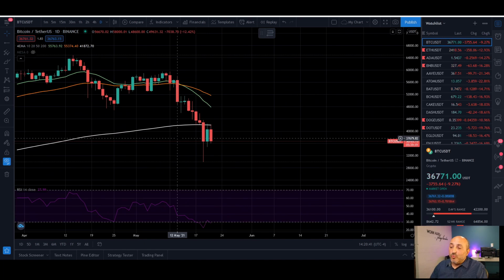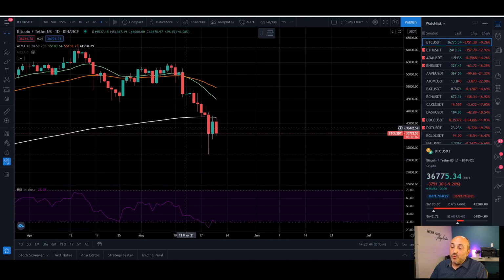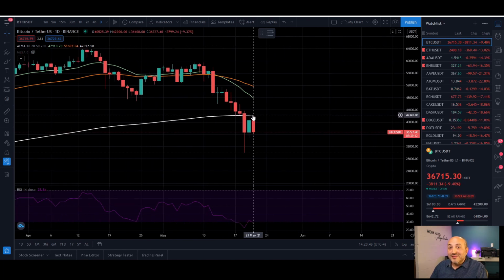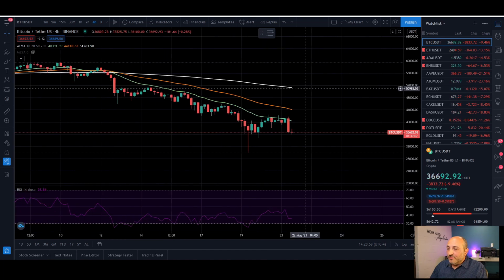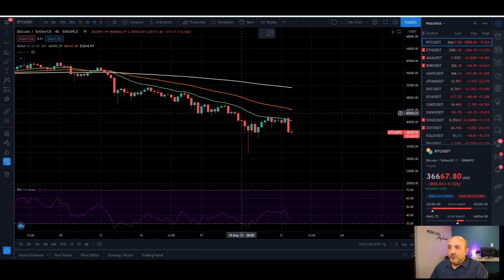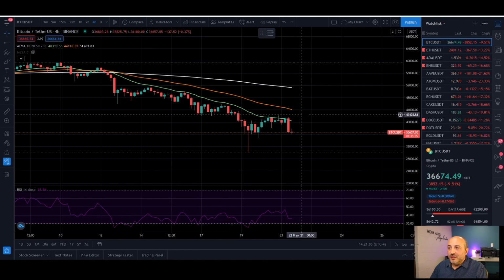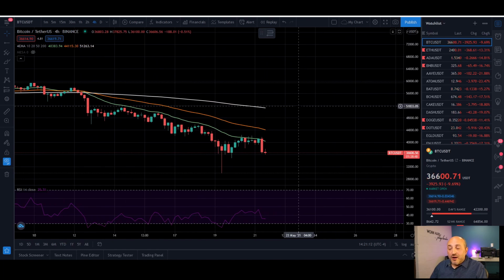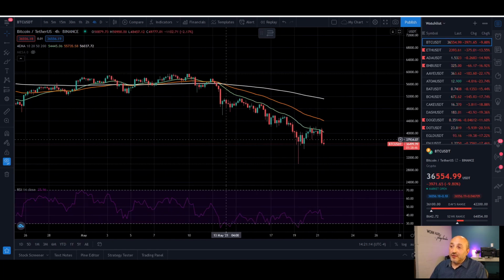So at this point, we need to wait to see what's going on with Bitcoin. What we're looking for is to have the price closing above the $42,000, which would be right here. If we look at the 4-hour chart, 42,000 would be right here. So we need to see the price closing above the 42,000. Hopefully from there it could recover and keep going up, but at this point we are going down